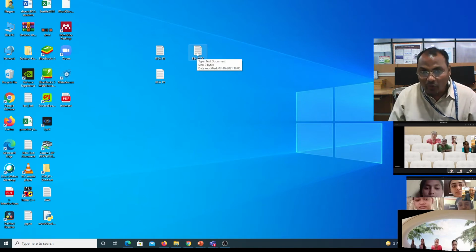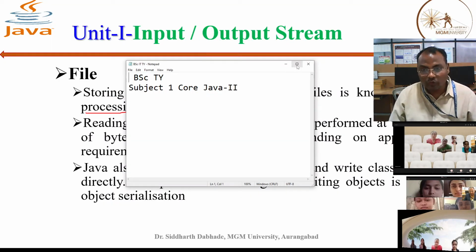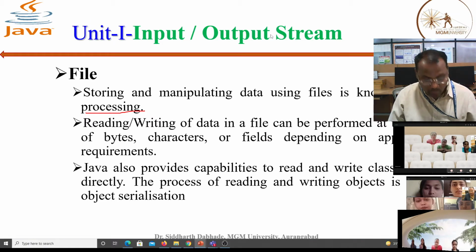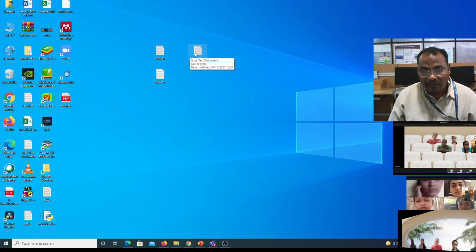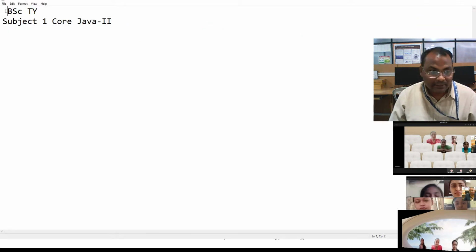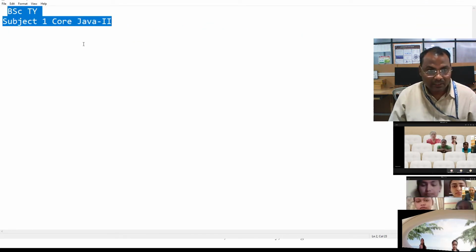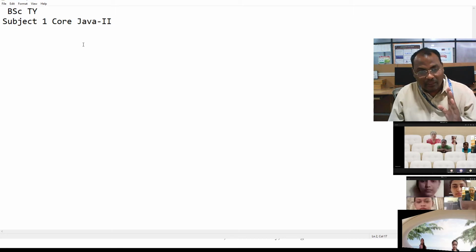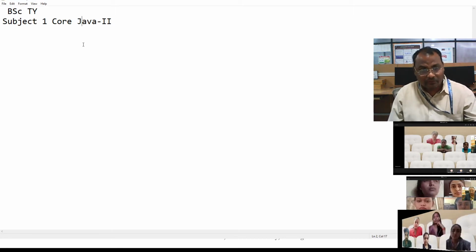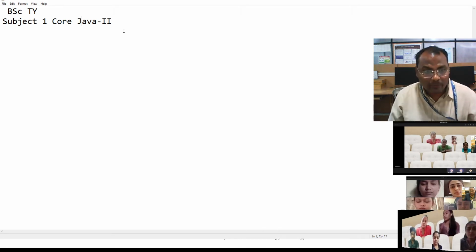Now I want to manipulate this information again. For this purpose we go to this file, double click and read this file. Now we are reading the content which is there. Now we want to write the content, for manipulation.